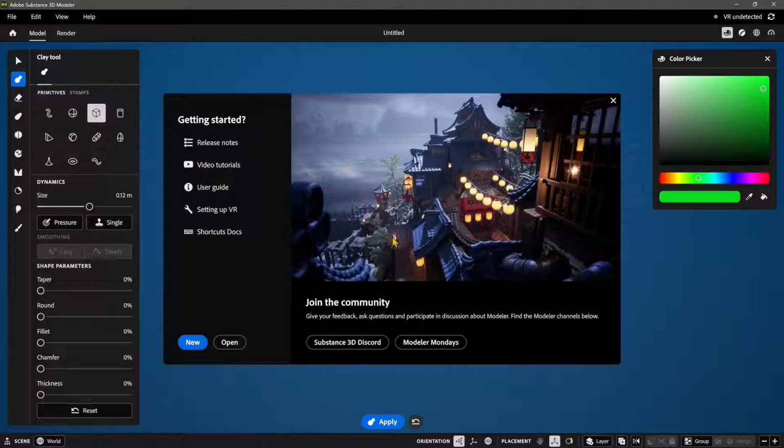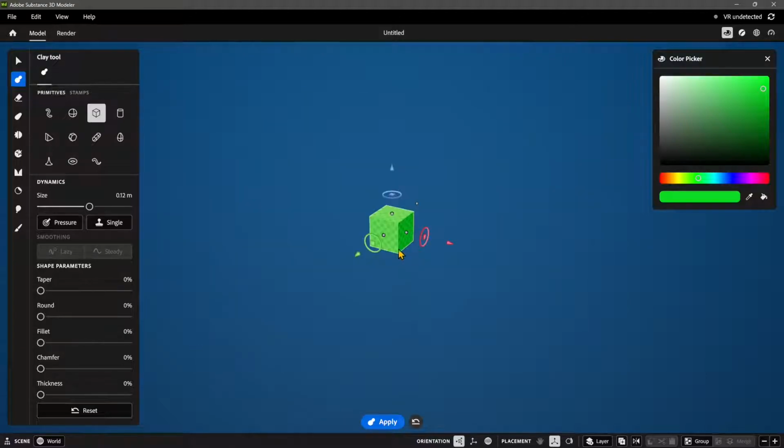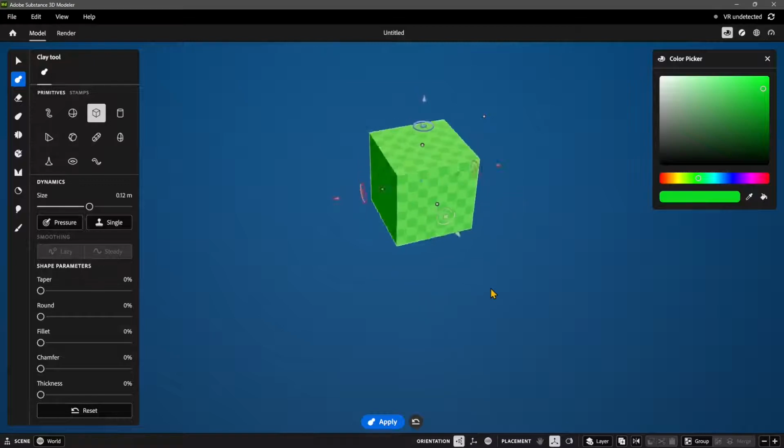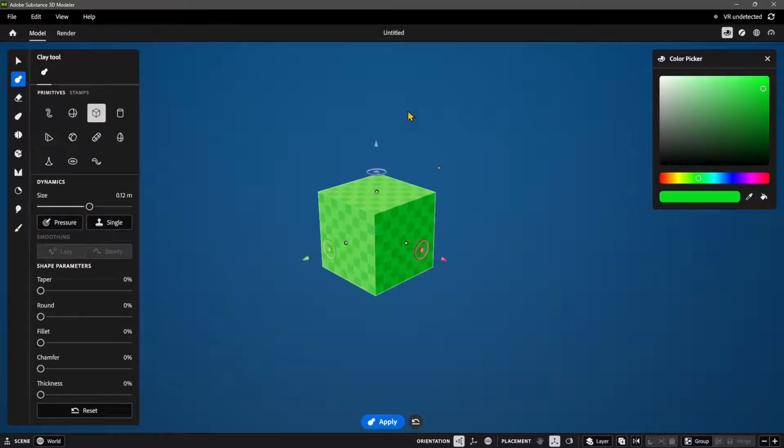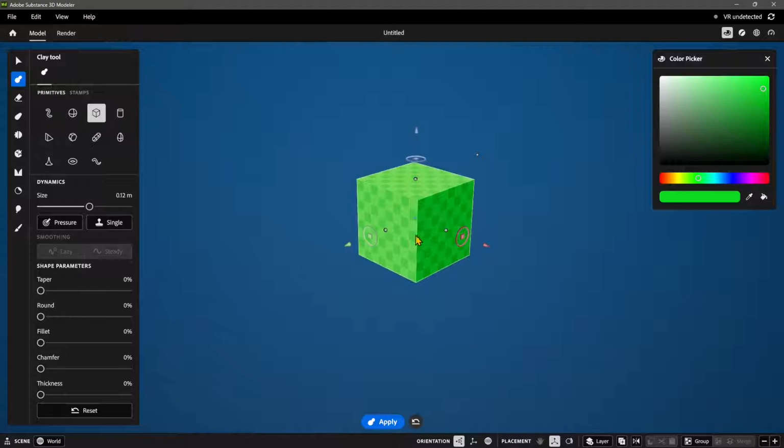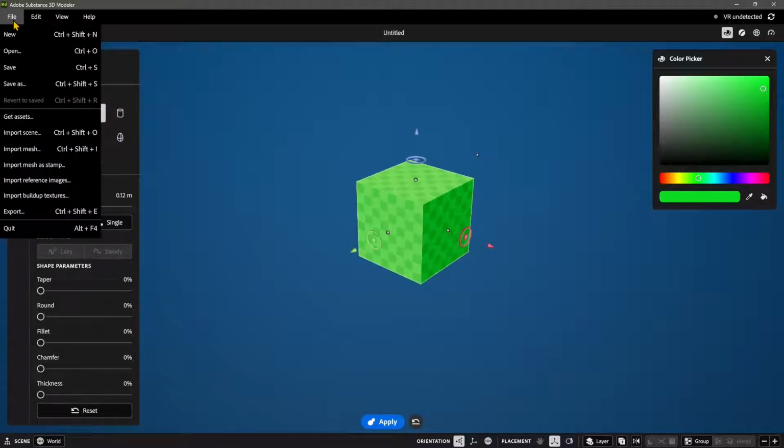Now, this is the welcome screen, so if you want, you can find other video tutorials here and other documents that you may need. And so we can start with a new project or open up an existing one, but since this probably is your first time, I'm going to go with the new. And this is what is going to happen. Now, you probably don't see this exactly as I see it right now because I've changed a little bit the settings of this software. So if you go up here in the file menu,